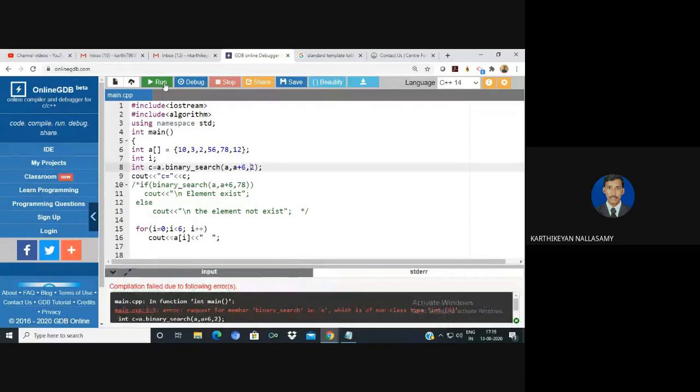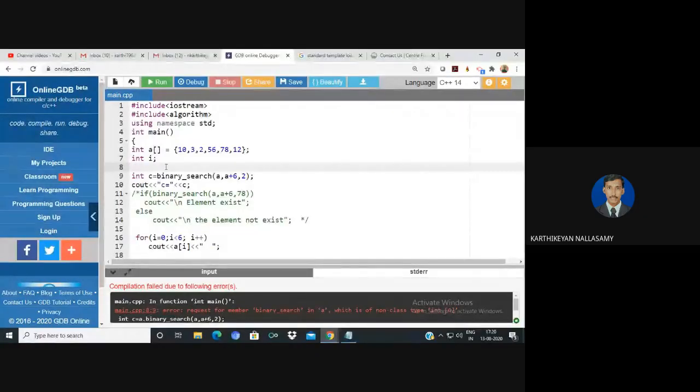Binary search, yes. I think before that we need to perform a sort. Just a minute, I can sort the array because it is a binary search.